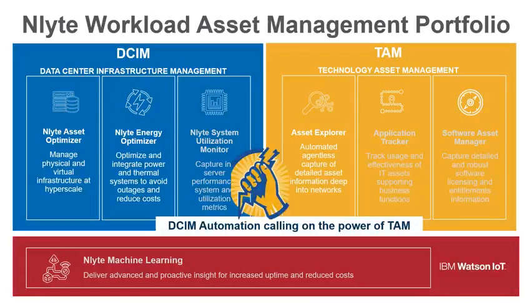Or software asset management, which is all around your licensing, your license attributions, what licenses are in use, and what's available within your organization. Again, both of those I won't be covering today. I really want to focus on Asset Explorer and using that for the automation and optimization of the DCIM